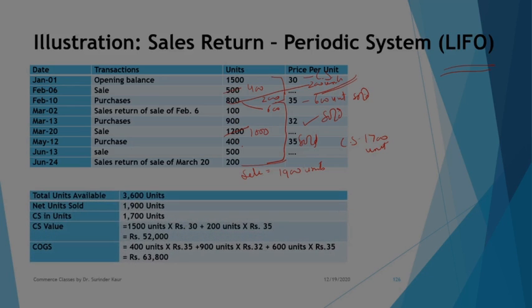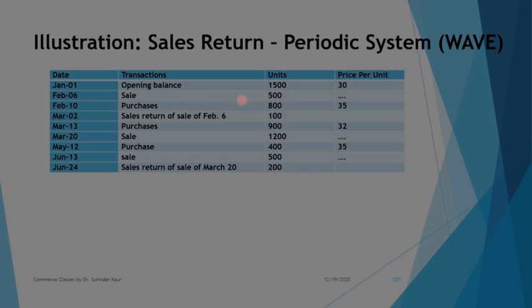So this is how we are making calculations. Closing stock is from the initial lots, right? This lot is there and 200 units from this lot, and your cost of goods sold is from the latest lots. Now coming to weighted average, again just revise the calculations, because at the end of the period we know what exactly our sale and purchase position is. So 400 and 1000. Okay, now these are the changes in the sales. This is same. So 1900 units. Purchases are the same. There is no return.